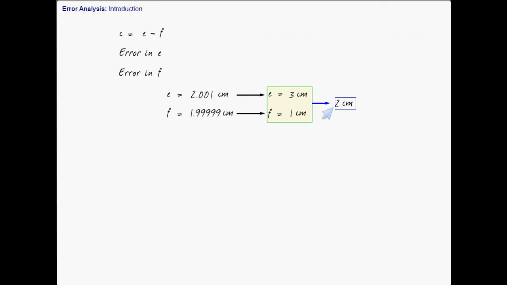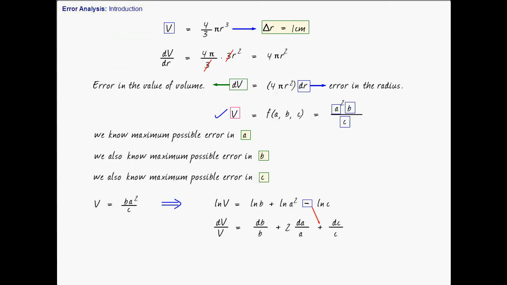So you see, we are not interested in the least error. Here in the calculation of error, we will replace this negative sign by positive and say that delta C equal to delta E plus delta F. This is what we will do to obtain the maximum possible error. That is why this negative sign has been replaced by a positive.